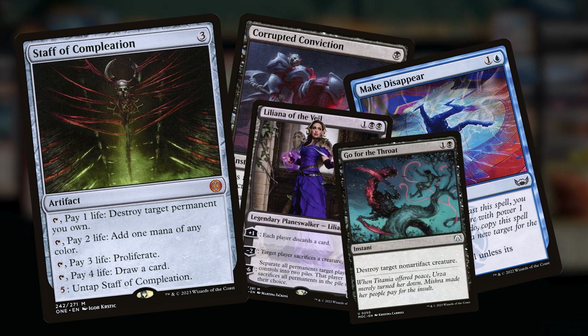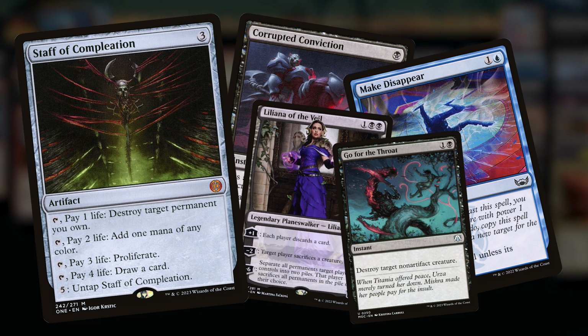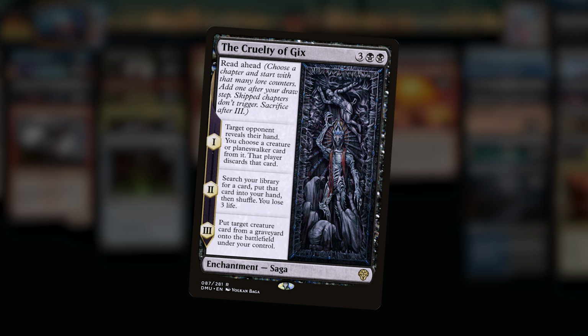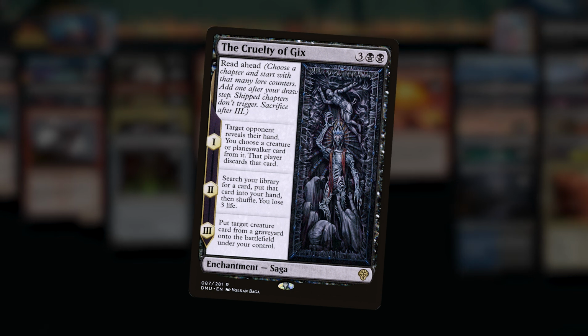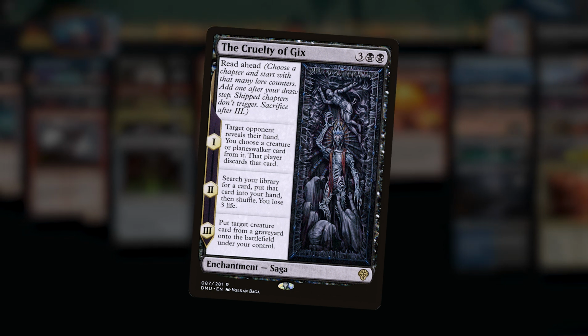life total. Liliana's great too for sacrificing Hidetsugu, but also discarding your creature isn't too bad too, because we're running Cruelty of Gix, the glue that holds this deck together. It disrupts your opponents, it finds your combo pieces, and it resurrects Hidetsugu if you find that creature is in